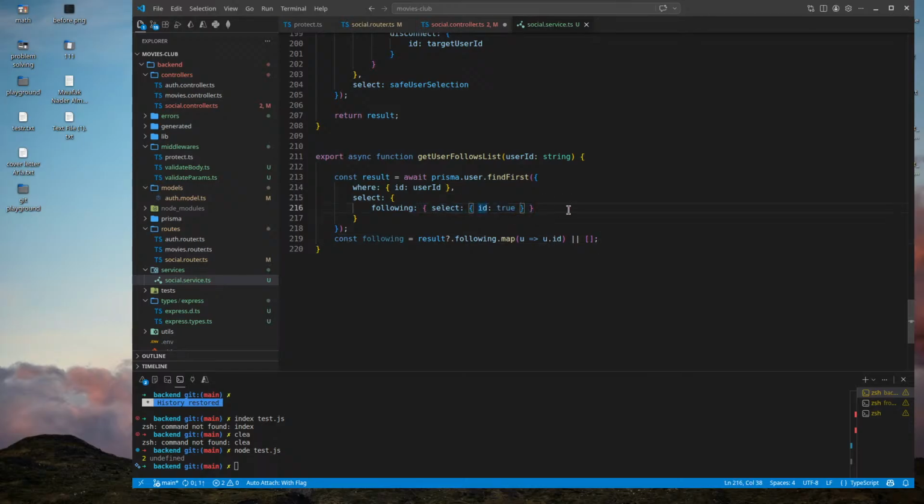Select their IDs. Okay, so I will have an object with an array of following. I am converting this to an array, and I am returning this array.